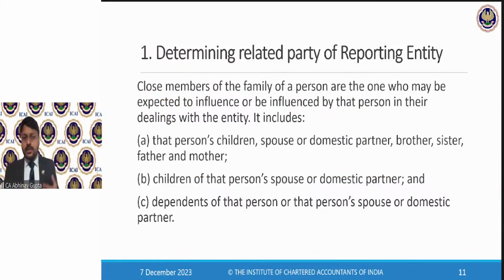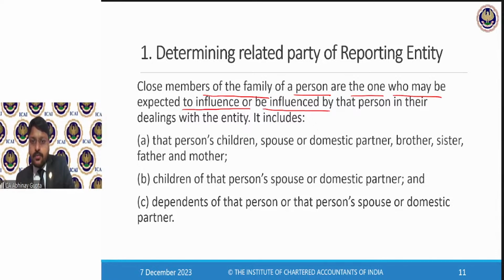Now, we have understood that a person and the close family members of that person can be related parties. A person can definitely be a related party, but which close members will be covered within the definition of related party? That we need to understand now. Close members of the family of a person are those who may be expected to influence, or be influenced by, that person in their dealings with the entity. It includes